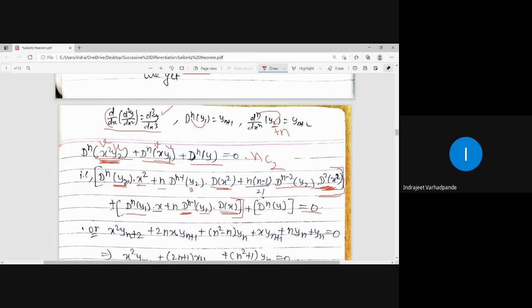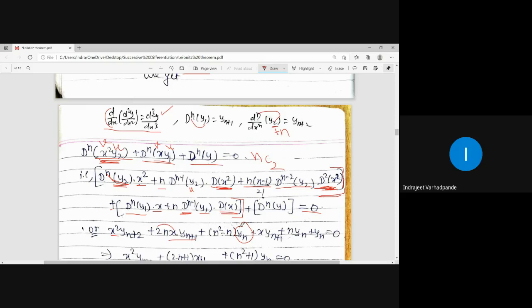Now, what is dn of y2? Can anybody tell me? yn plus 2. Simply, I am telling you to add these numbers. yn plus 2 into x square. What is n minus 1 plus 2? yn plus 1. So it will be n into yn plus 1. And what is the derivative of x square? The derivative of x square is 2x. 2 factorial is 2 and this 2 is cancelled out. So what remains here? n square minus n, and what does n minus 2 plus 2 give? yn. Clear? Yes, sir.